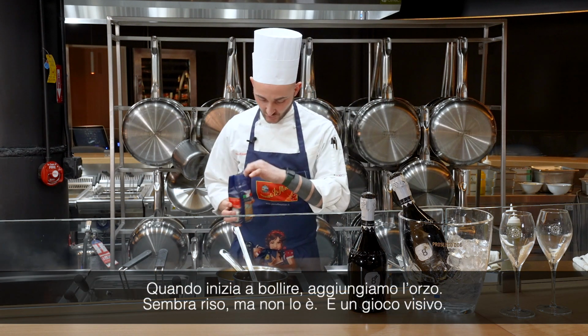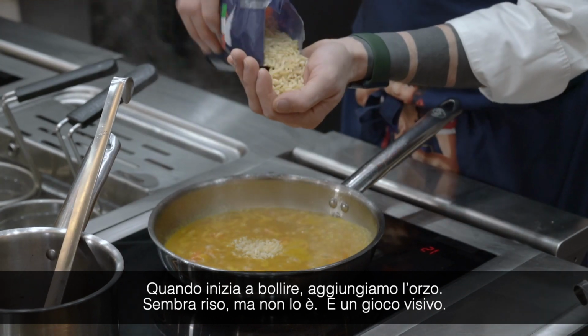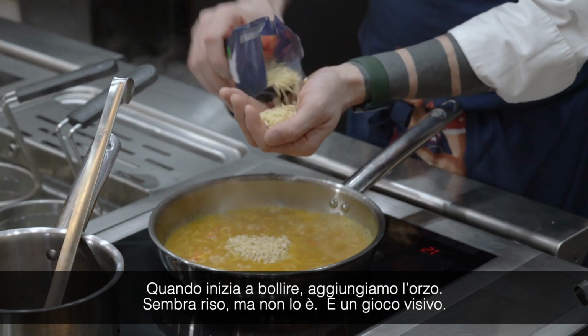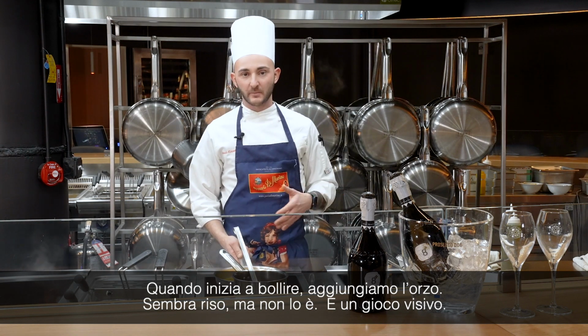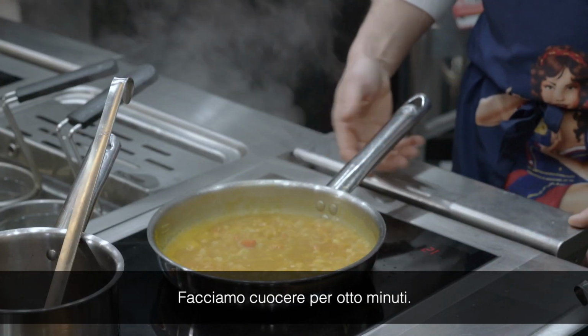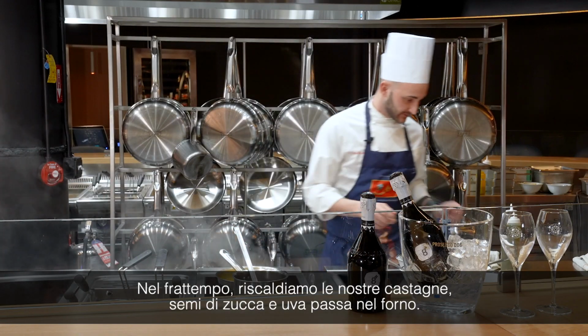When we start to boil, we put 2 pounds of orzo. It looks like rice, but it's not rice. It's a game of vision. Now it has to cook for 8 minutes, and in the meantime we got